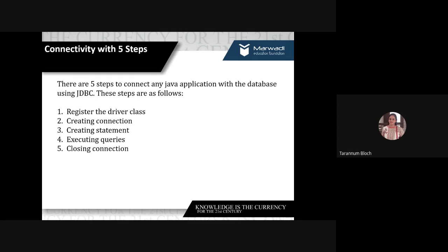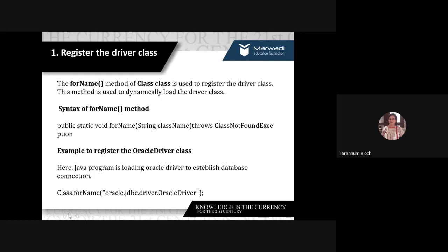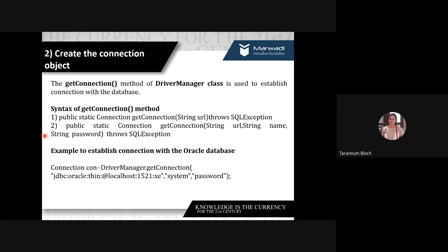Now, registering the driver can happen with the help of the code line Class.forName. You will write Class.forName and you will mention the driver. We are writing com.mysql.jdbc.Driver. Step number 2 can happen with the help of DriverManager.getConnection. And we are mentioning the URL jdbc:mysql://localhost:port number/database name, comma, second argument root, which is your username, and third argument we are writing null because in MySQL we don't have a password. This entire setup is held by the object Connection.